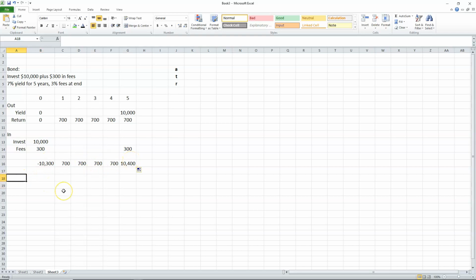Now I need to figure out what's my rate of return on this. How much money am I really getting? Am I really going to get that 7%? No, because I'm losing money every year. And so